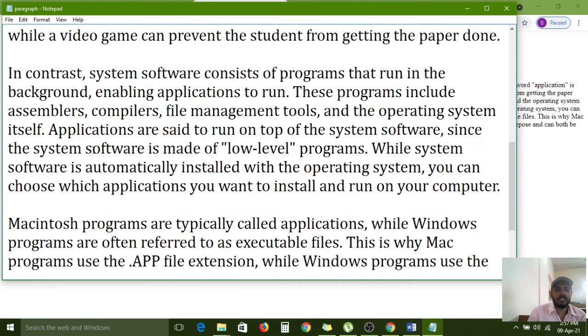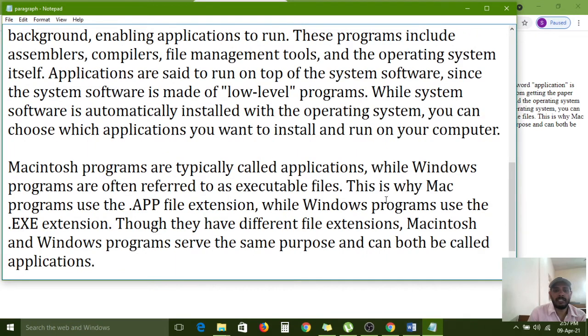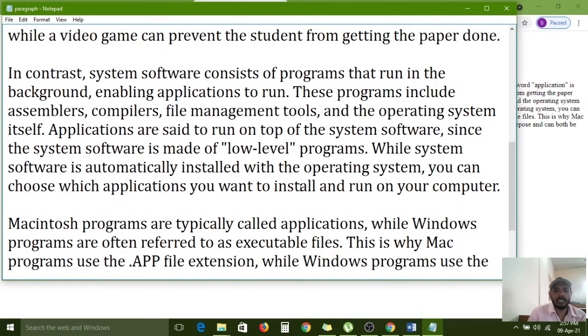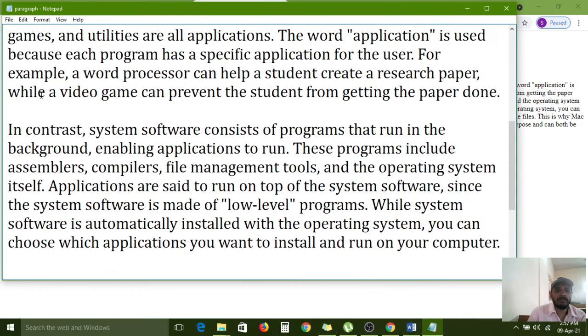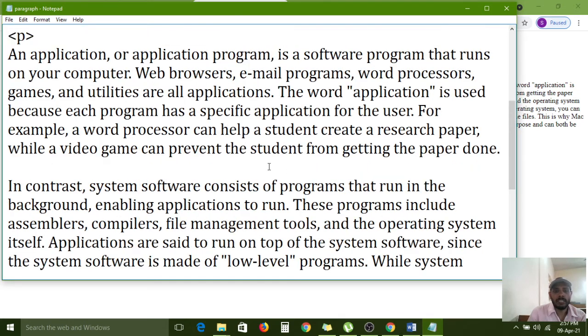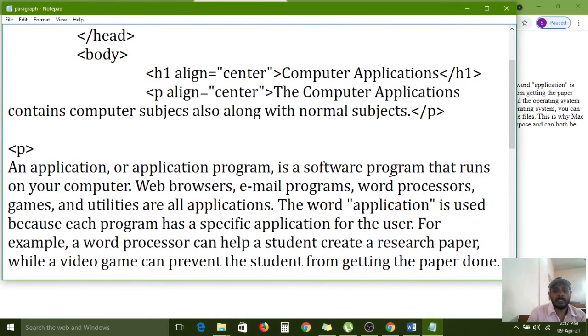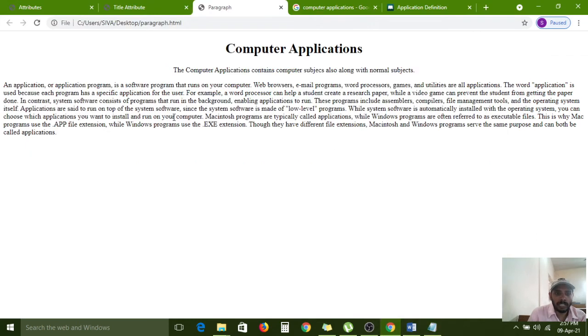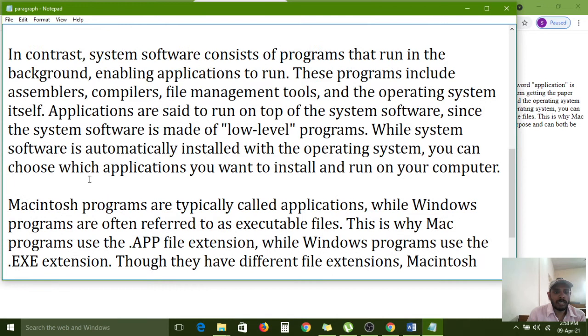So for that I am searching for where it says operating system software. Carefully observe where it is. Here we need to break because this is the continuation format. So that's why system software is automatically installed. From that onwards I am splitting